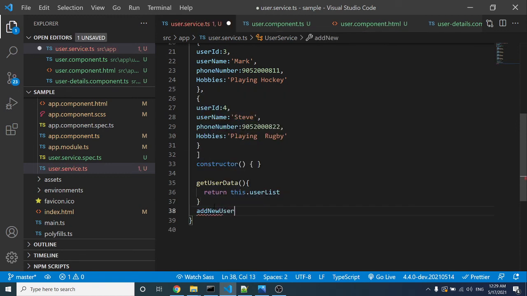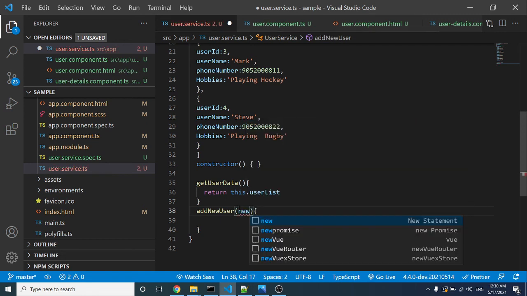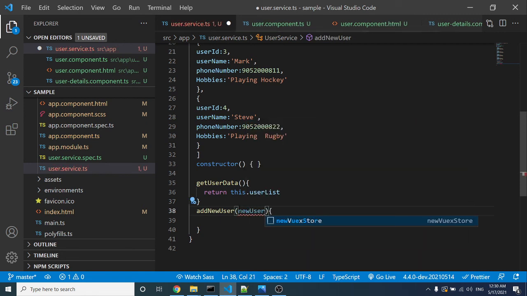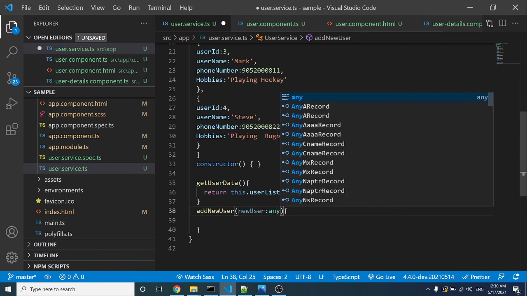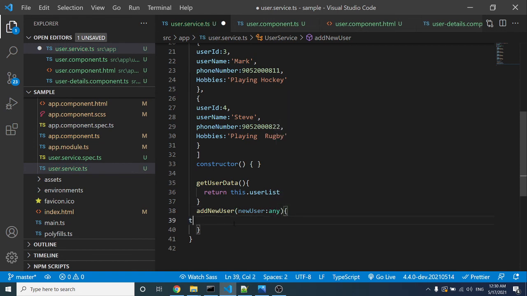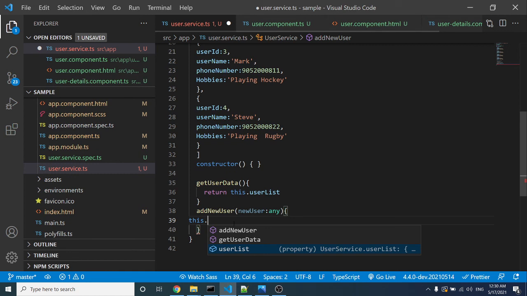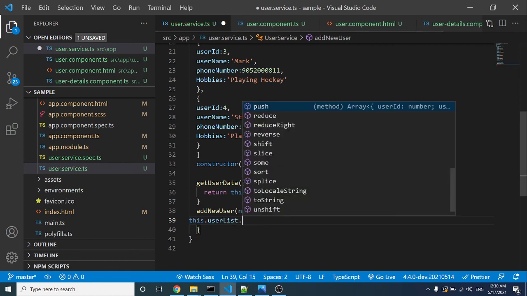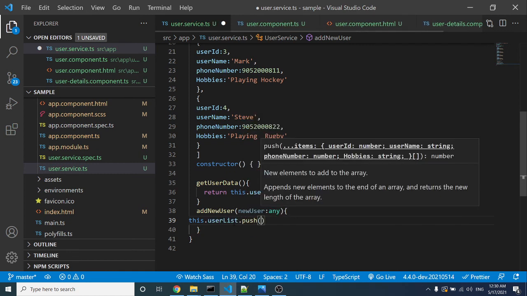When we click on that button, we want to push the new user to this array. So let's take the parameter newUser, which is of type any for now. We push the new user with this.userList.push(newUser).